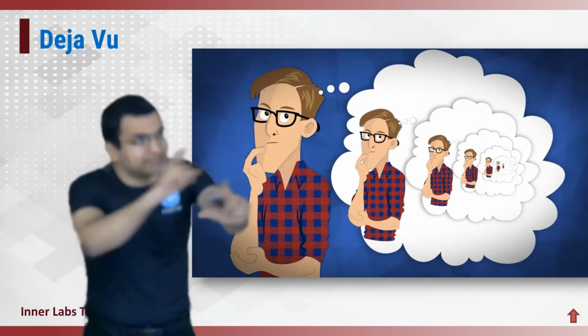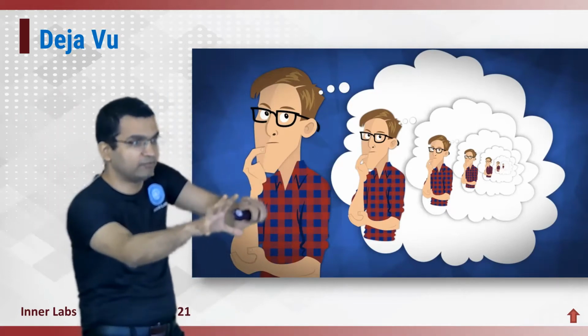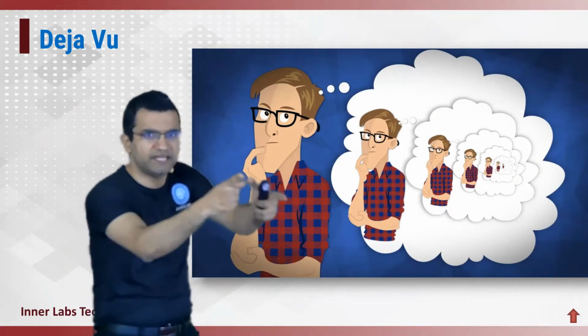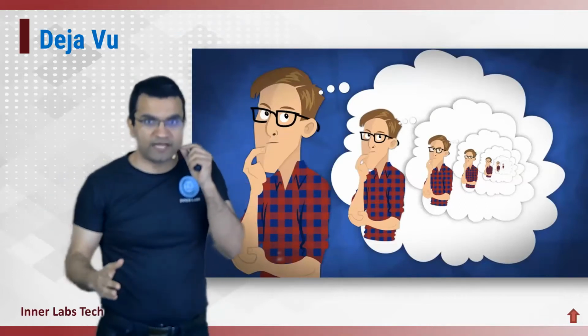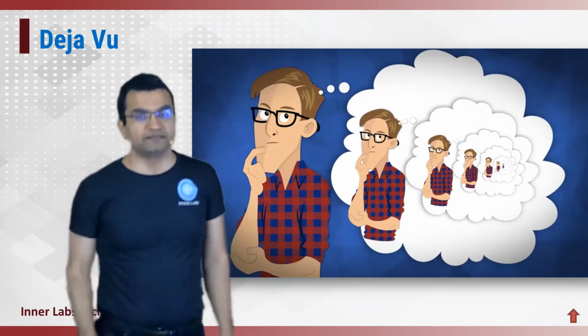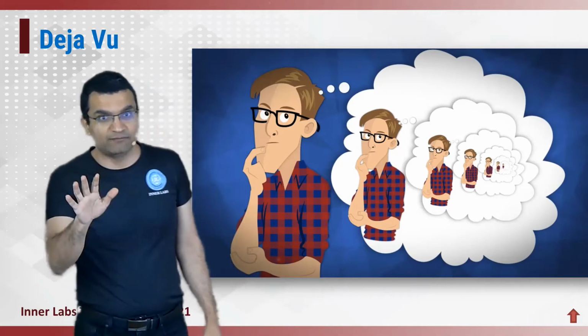This situation, these particular circumstances, this is the way things are arranged. That person said that before already. I've seen it before. I've felt it before. I've experienced it. And at that point of time, you are very, very confident that you have been in that situation before. But that phenomenon is called deja vu.